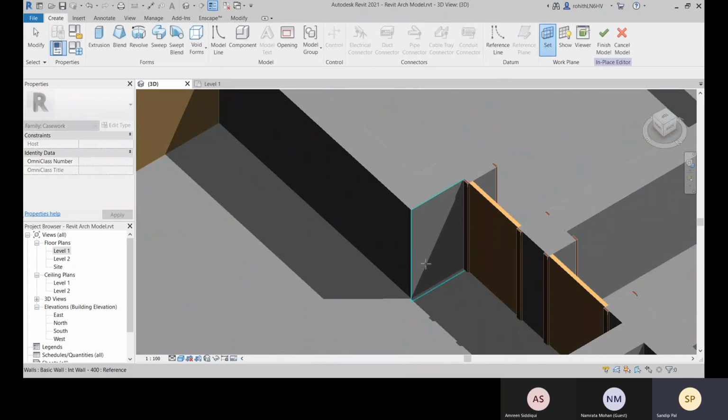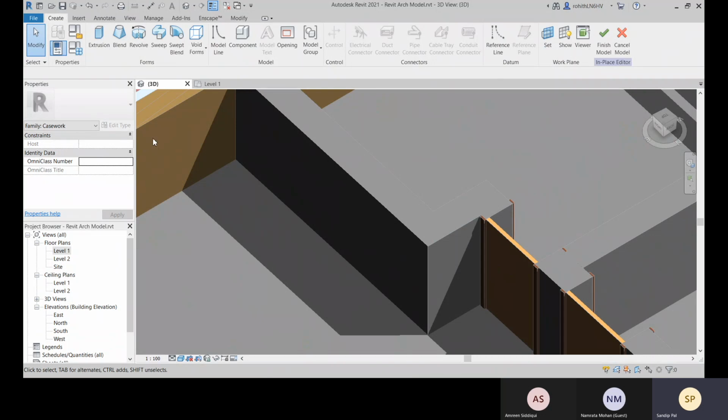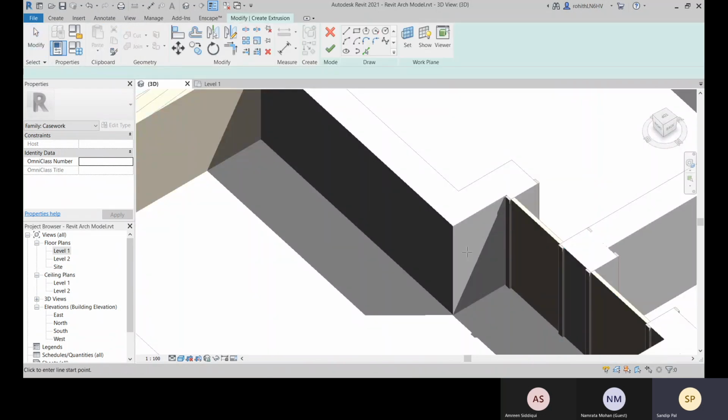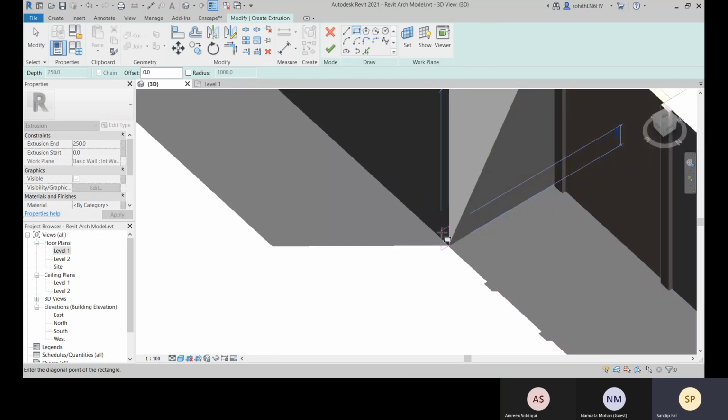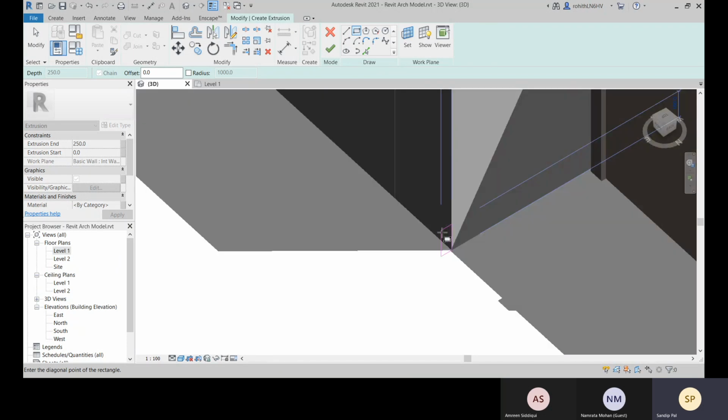Let's select this as a work plane, and go with this extrusion and just click with this. Now let me change it to 150 or 100 is enough, and for this give it 50.